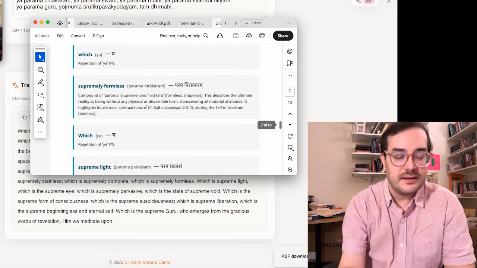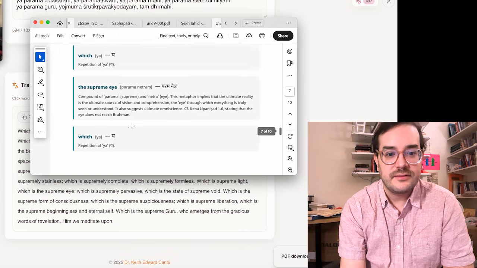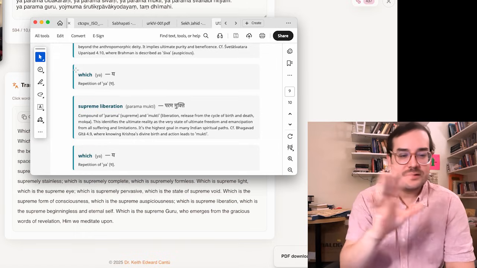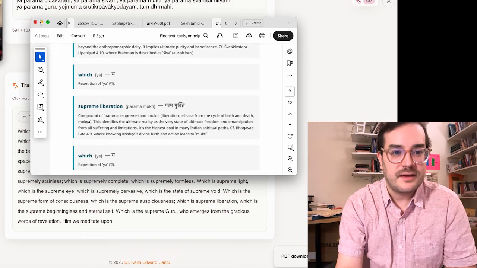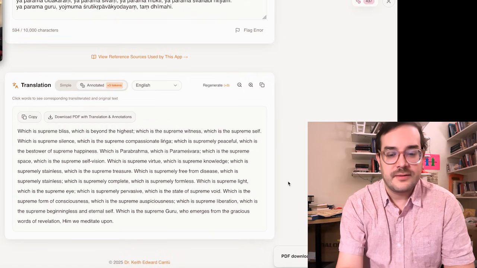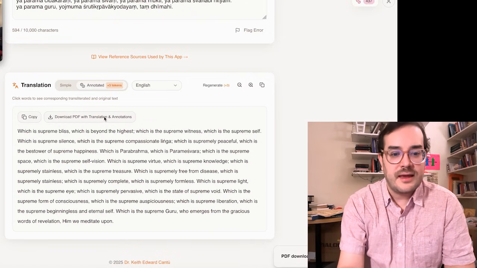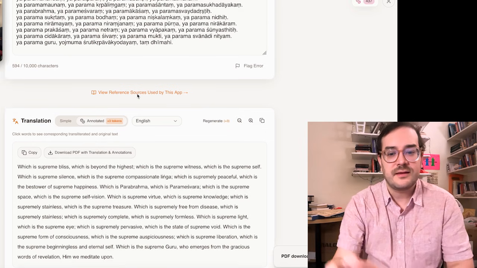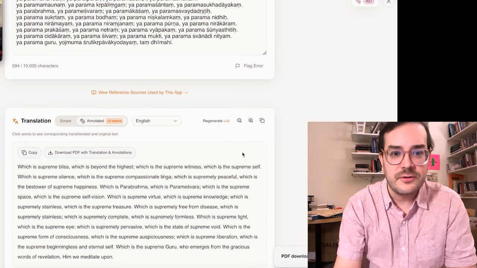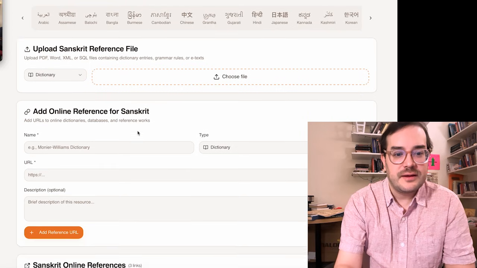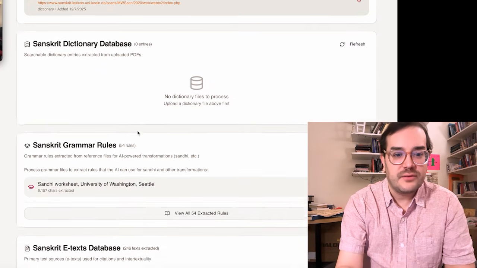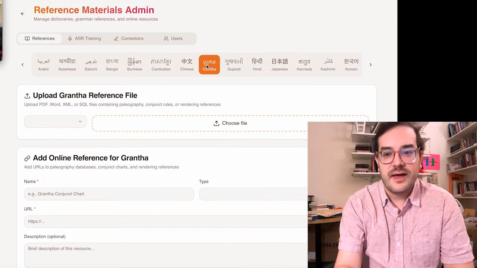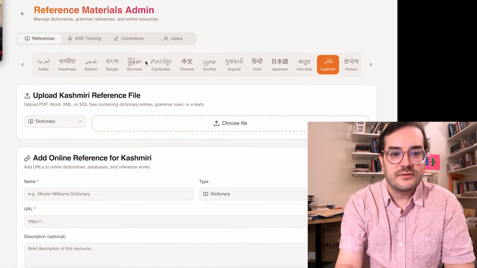So now you can get an annotation direct to your screen in a short amount of time, all in one interface, right? You don't have to deal with asking the chatbot the right prompts or anything like that. And so here you get that. And again, I'm increasing this and registering this with other sources in the references and trying to add in more grammatical features. What I've been doing is creating online references and grammar rules and trading it with e-texts and so on. And I hope to add many more for every language and specific script on here,